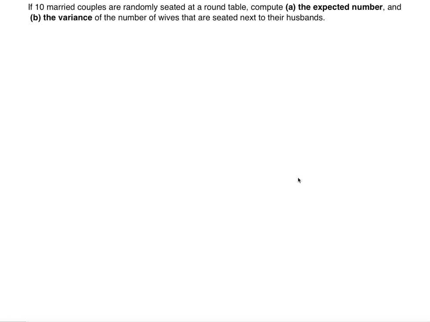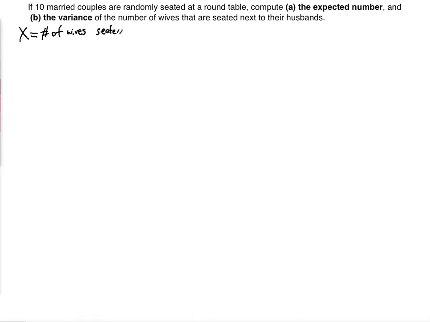If 10 married couples are randomly seated at a round table, compute the expected number and the variance of the number of wives that are seated next to their husbands. So, the first thing that you want to do, the keyword is the expected number of the number of wives, right? So you know that the random variable has to pertain to the number of wives, right? So let X be the number of wives